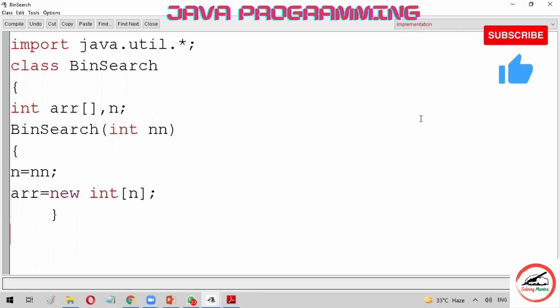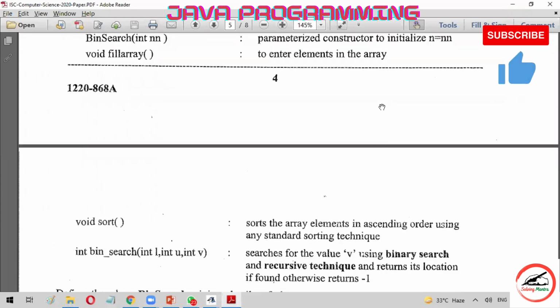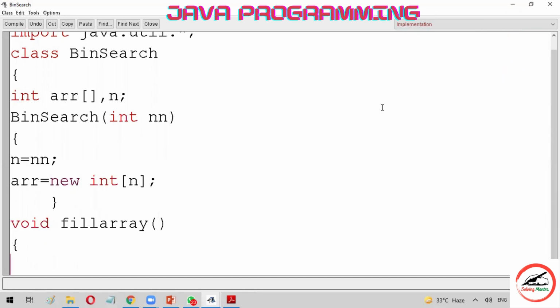Now next function is void, that is your void fillArray. So I'm writing the function name void fillArray. Simply you have to input the values. So for that we are defining an object of Scanner to take the input from the user during execution time,